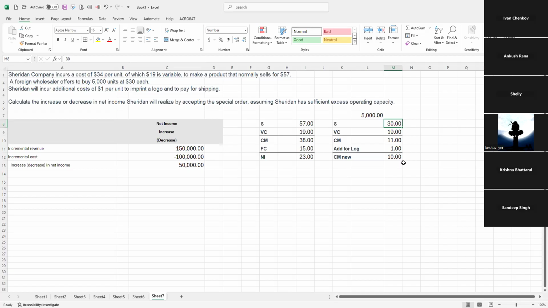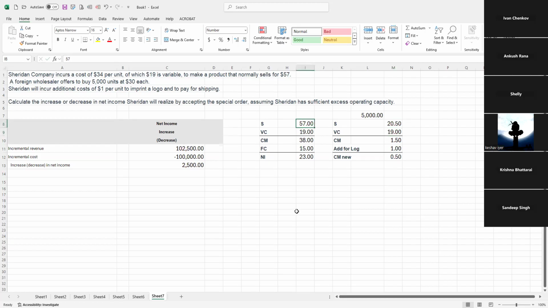If the client comes and says, "Hey, can you sell me this for $22?" Are you gonna sell it? Yes. $22, you're still making 10,000. $21, yes. $20.50, yes. So